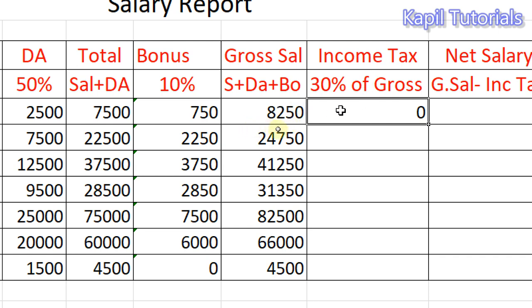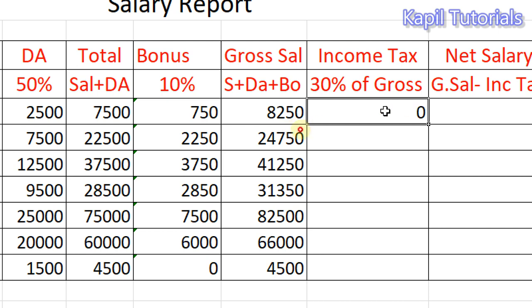Income tax is actually the government taking some amount from your money, but certain conditions are also there. Based upon his salary, because he is taking very little salary, no income tax. The government is not taking any money.